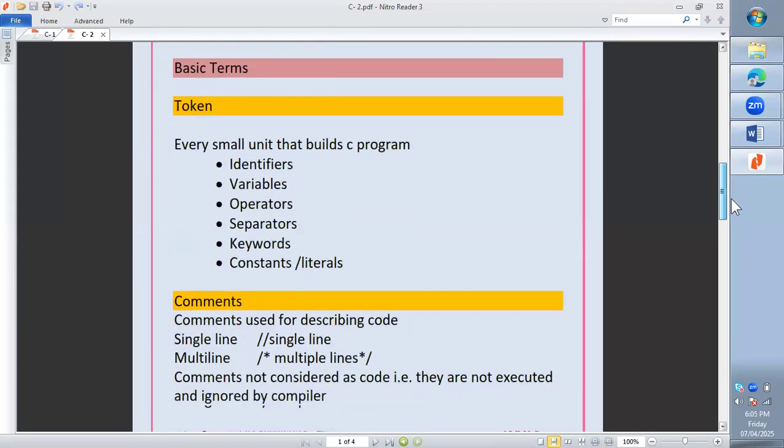Then we have seen the basic terminology, like what is a token. A token is nothing but a small unit that builds a C program. All this will come under tokens: identifier, variable, operator, separator, keywords, constants. So identifiers are nothing but the names given to identify something. It can be the name of a data value, the name of a function, the name of an array, or anything; whatever user defined names we give to identify something are called identifiers. Then variables, as I said, which hold the data values,